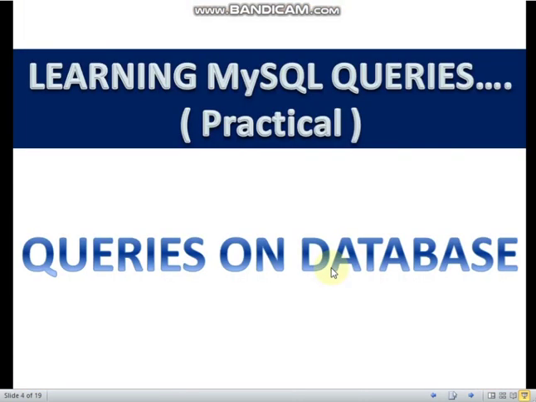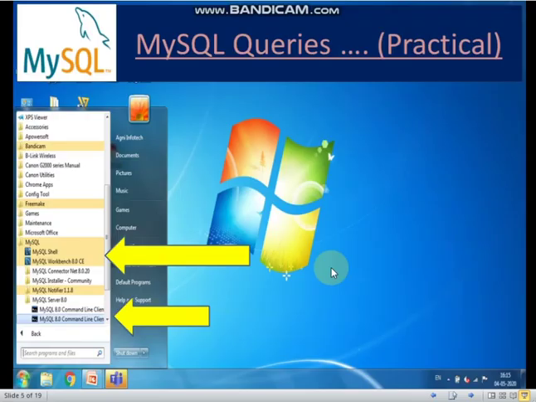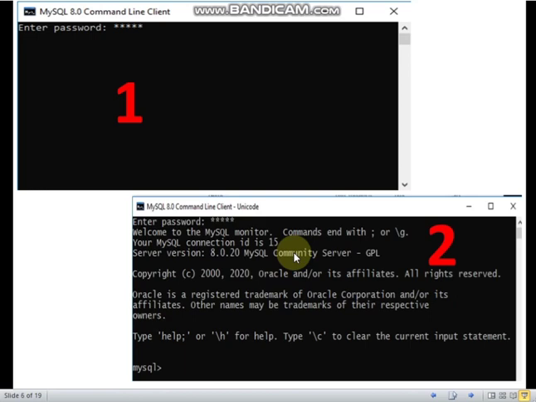Now moving on with the practical part, queries on database we will learn first. So after you download MySQL, you can download MySQL from mysql.org. It is free and open source, as you know. You will install MySQL and, by clicking on the Windows button, you will be able to see that MySQL is there. Click on MySQL command line client, and then you will get a prompt like this